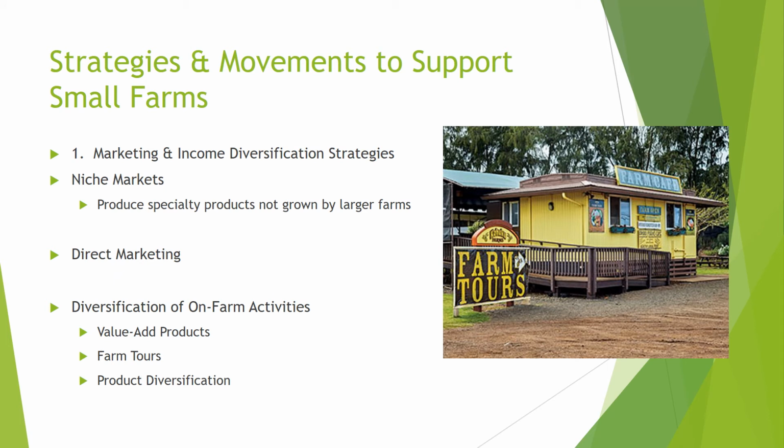So with all the challenges for small farms, there have to be strategies and movements to support these small farms. One way that small farmers have been able to realize economic returns in the face of increasing control of the market by larger firms is by providing products that these larger farms cannot or just do not want to provide. Examples are specialty products. These could be a variety of different value-add or early season crops, or different kinds of services, whether it's CSA, community supported agriculture, or U-pick operations. Also could include different production methods. This could be certified organic, free range, gluten-free.